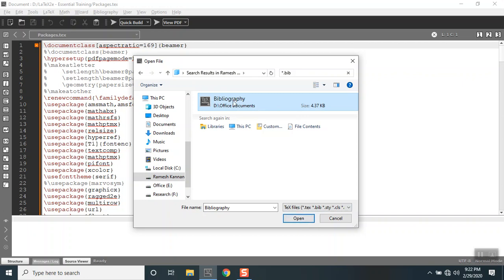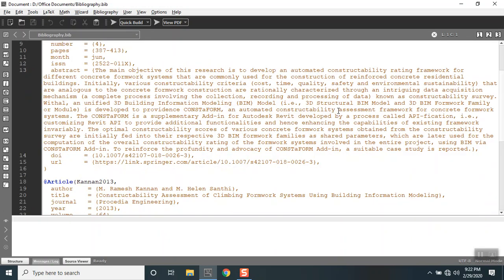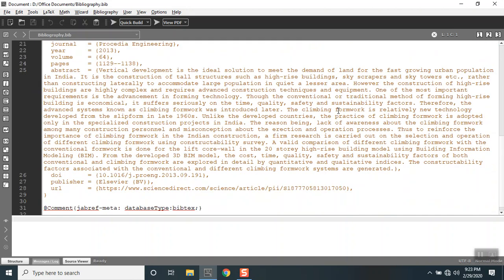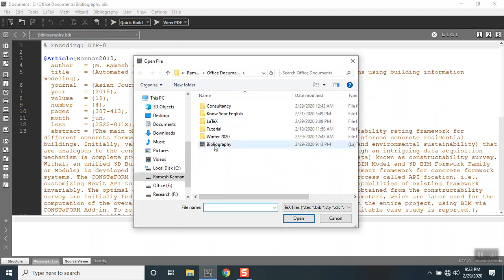This is not a text file. This is a bibliography file, so it has an extension of .bib. This is the one that I use for my research, and these are my research papers. I've stored them in a bibliography file. So this is regarding the bibliography file. But when I open this dialog box, it routes me to the bibliography file and that location. So, magic. That is what I could say, because it generally takes me to the location from which I've taken a file in the previous step.